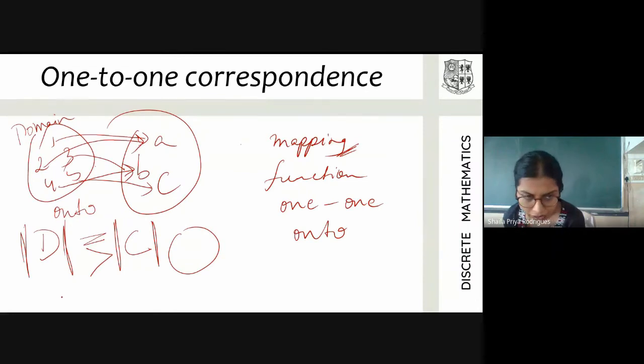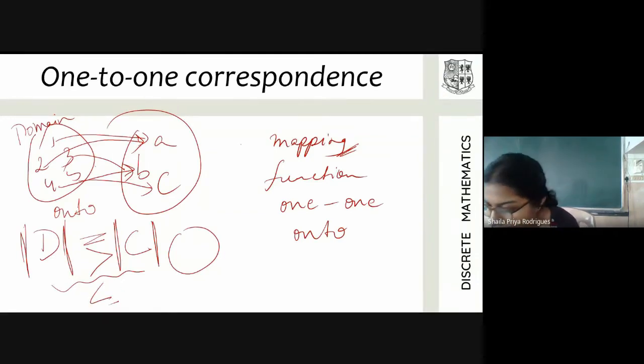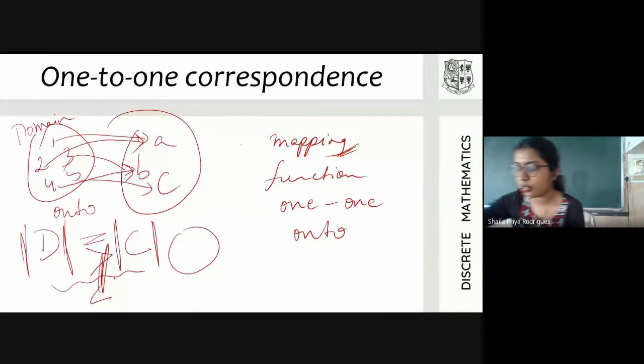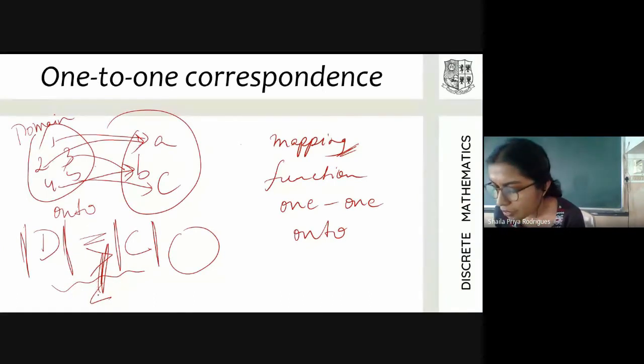So with this, when the cardinality of the domain is greater than or equal to the cardinality of the codomain, you can have an onto function. When it's less than or equal to, you can have a 1-1 function. When it's equal to, you can have both 1-1 and onto. So when a function is both 1-1 and onto, you say that you can form a one-to-one correspondence there. But you need not actually have a function to say that two sets have one-to-one correspondence.